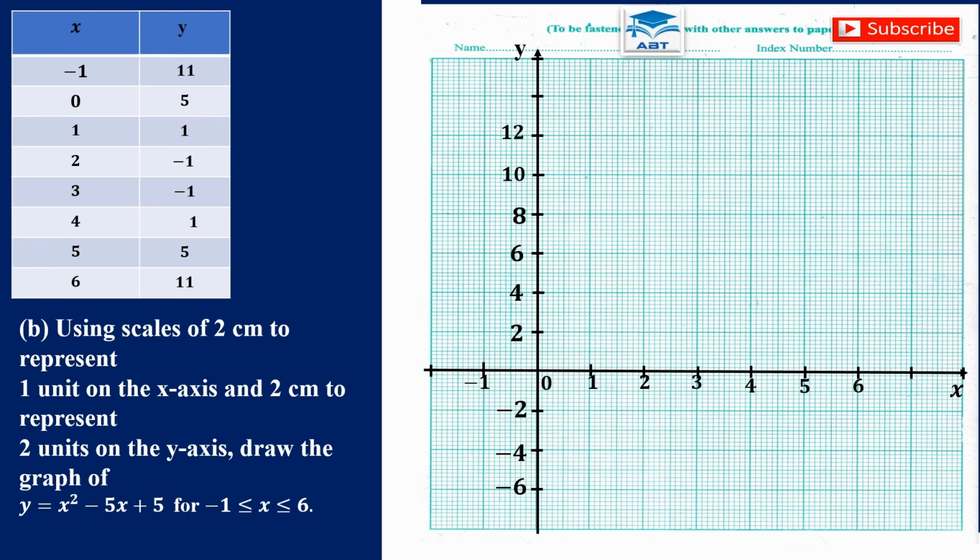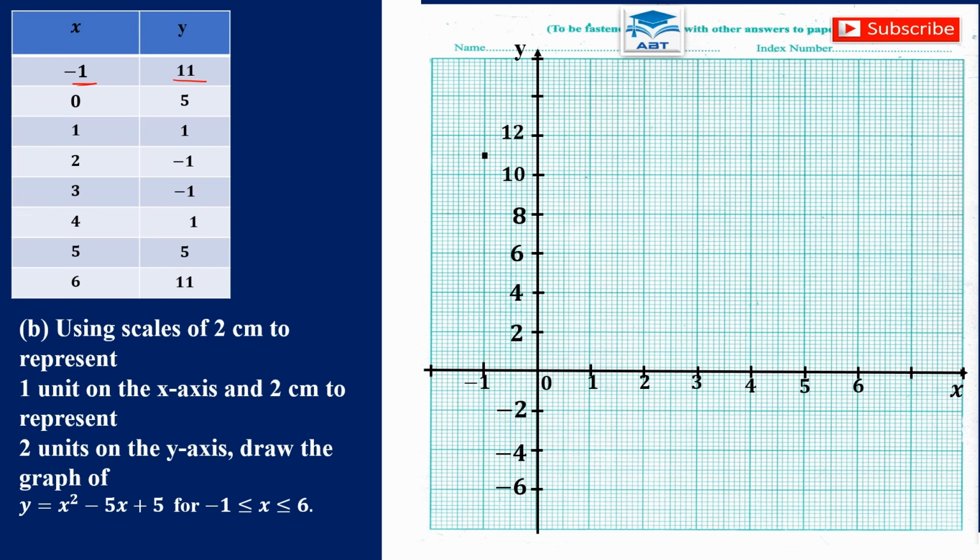And now when x is -1, y is 11. We have -1 on the x-axis here. On the y-axis, 11 is between 10 and 12. The middle of 10 and 12, we have 11. So they will meet here. We put a point there. The next one,